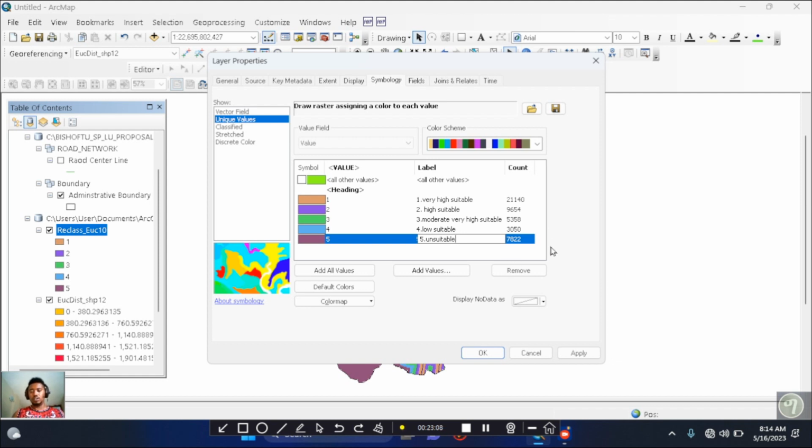So we can edit like this to give more description for our suitability analysis, and we can add this